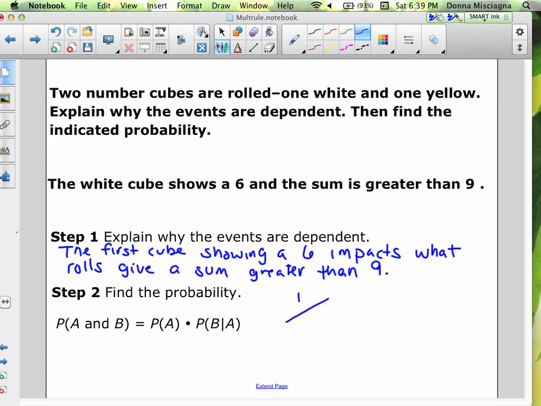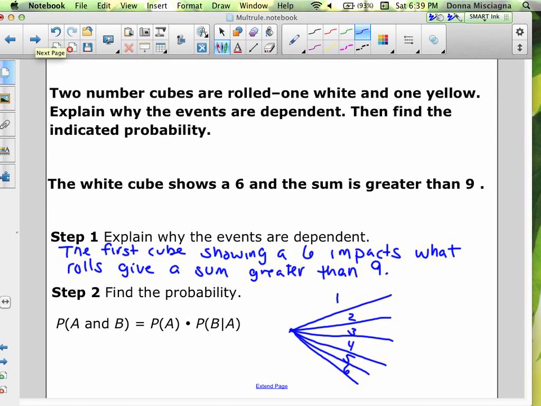We could have a 1, we could have a 2, we could have a 3, we have a 4. Oh no, I have to do better drawing than this because I'm running out of space. Maybe if I draw it a little longer. 1, there we go. 2, I can fit it in. 3, 4, 5, and 6. So we can clearly see that the probability of A is getting a